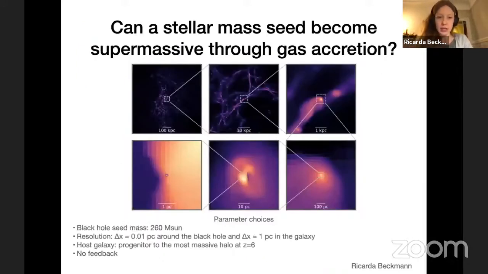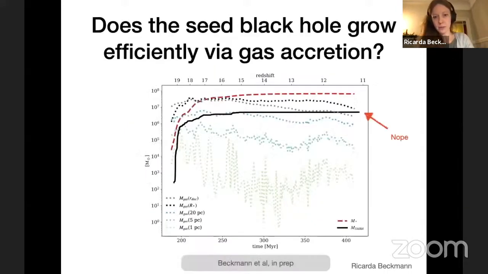So this is a simulation, as I said, in a full cosmological context, using the super refinement scheme. Won't bore you with the details, but we basically picked a halo at around redshift 20 and seeded a black hole in it and then let the evolution of it run. Does it grow? This is the interesting part. It does not. Or rather, it does very efficiently early on, but it certainly does not reach the observed mass regime. So this is the total mass of the black hole.